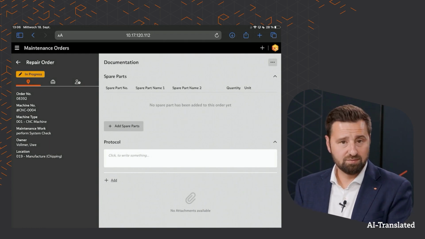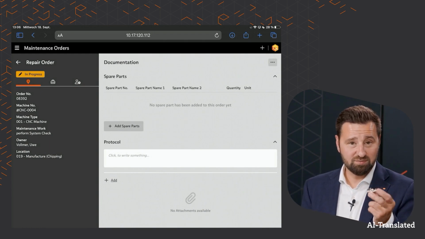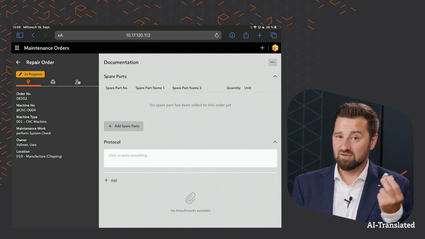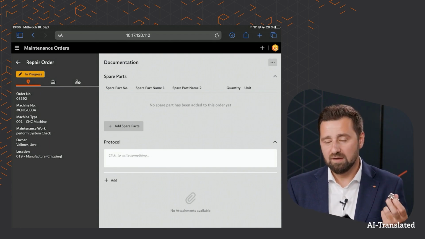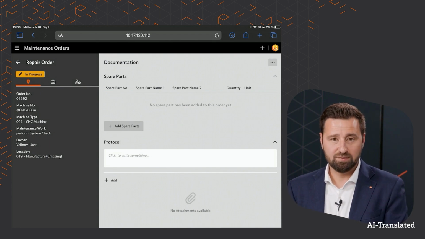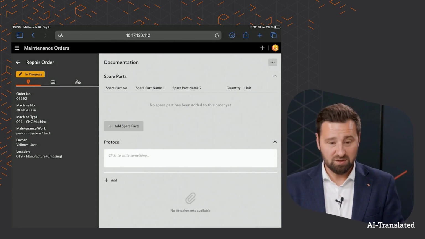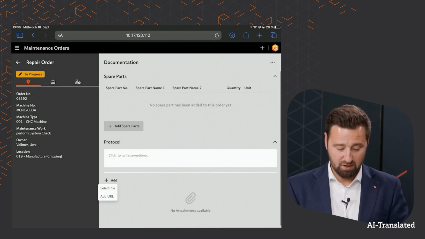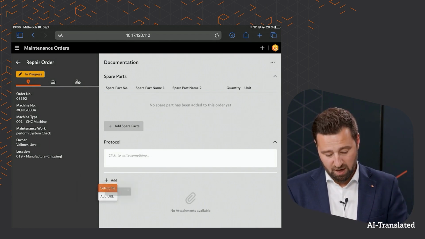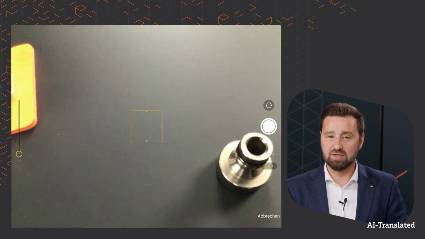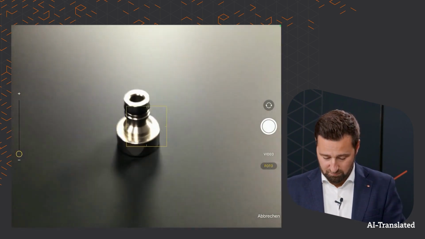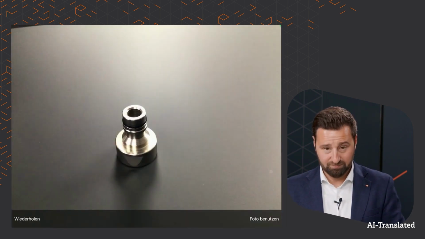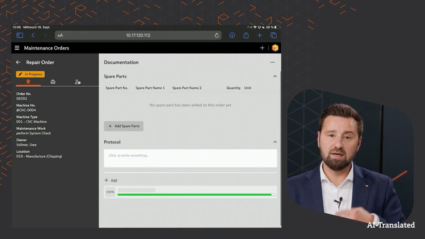In this case, we found an adapter piece in the machine. That has now been removed. The machine is no longer making any noises. And I will now document this fix. The first thing I do is remove the piece that caused the error and take a photo. Since I'm using an iPad that has a camera, I can do this right here. Here is our adapter piece. Let's take a photo of it. Done. I'll add that and attach it to the repair.